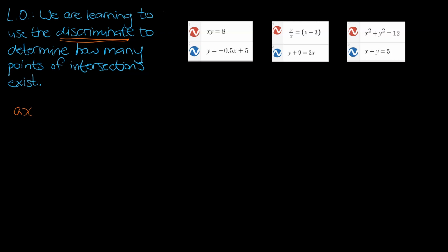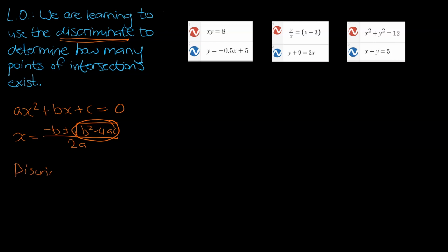So just to recap, the quadratic equation can take the form ax squared plus bx plus c. To solve that using the quadratic formula, we did x is equal to negative b plus or minus the square root of b squared minus 4ac, all divided by 2a. It was here where the discriminant was found: the portion within the square root sign was the discriminant,